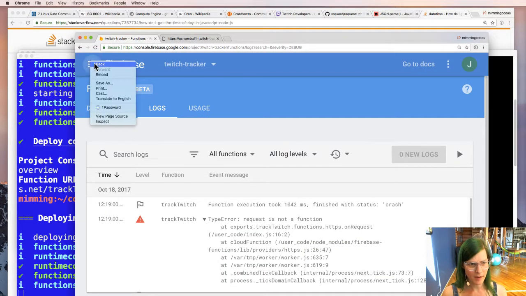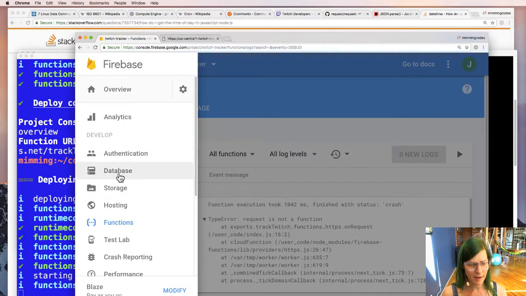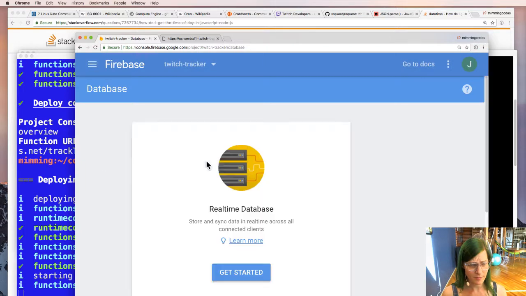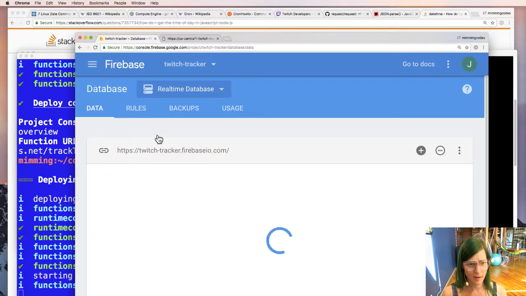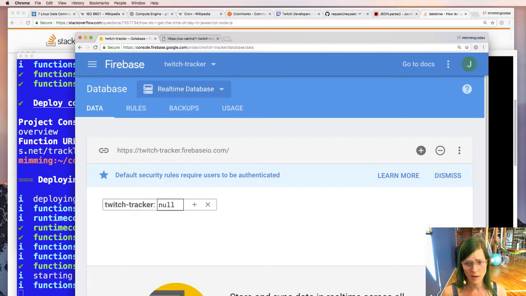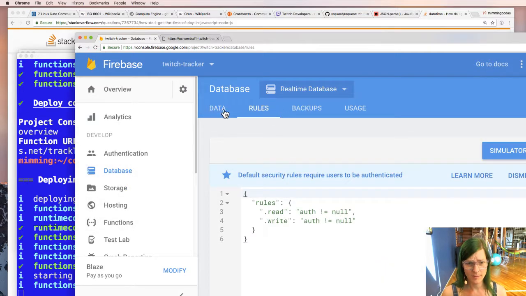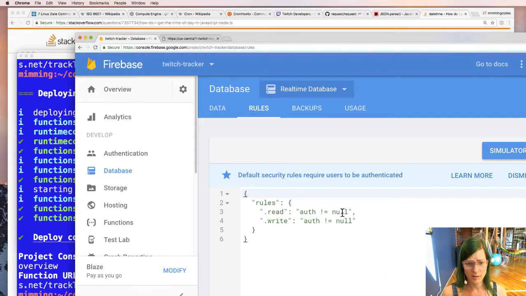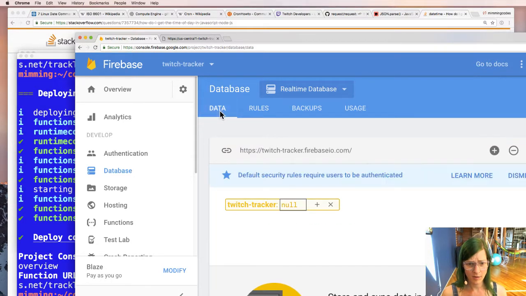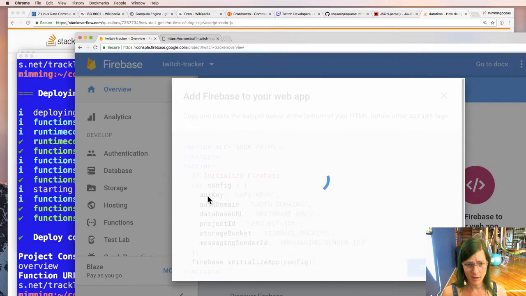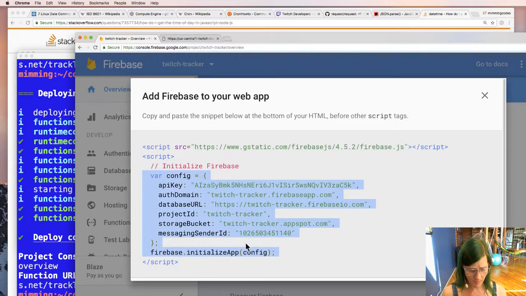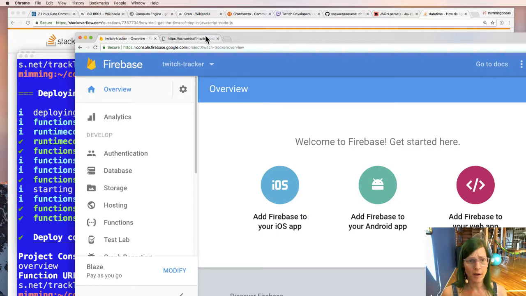And while that is going, I'm going to go and look at adding some real-time database stuff to it. Let's go get started. And then I think I need to zoom out to get the adding a new app. What I want is the blob of stuff I paste in. Auth not equal to null. So that's a basic new one of those. Let's go to overview, go to web. Let's grab the configuration bundle for this thing. And then we're going to go back over into here. Actually, I think from a cloud function it should just work.